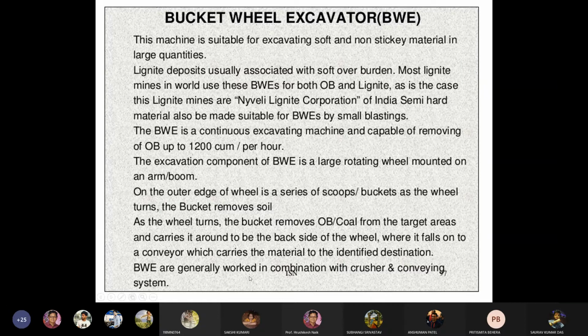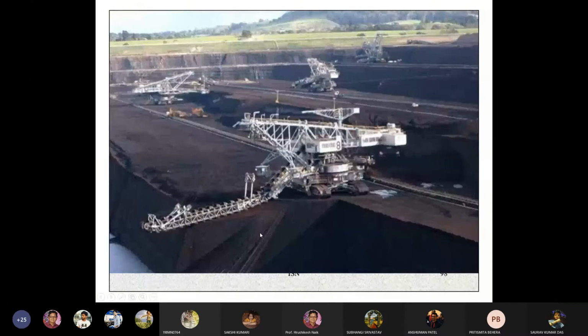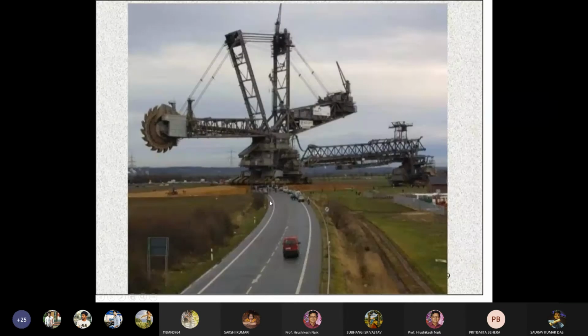Bucket wheel excavators generally work in combination with crusher and conveying systems. So this is the bucket wheel excavator working in Neyveli Lignite Corporation. How does it work? This is the wheel. These are the buckets.